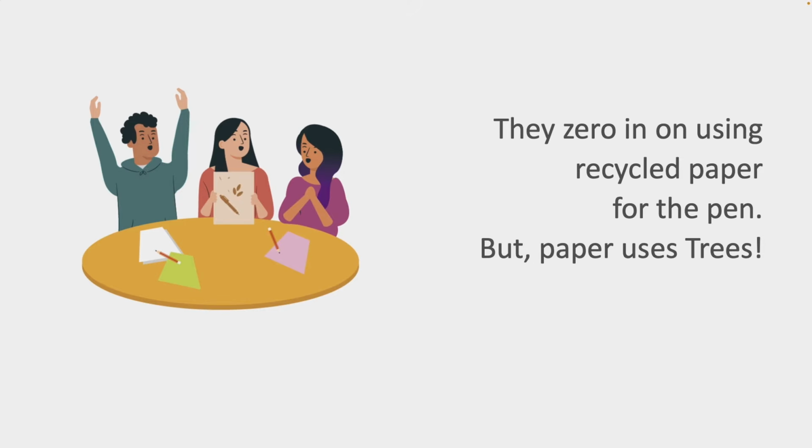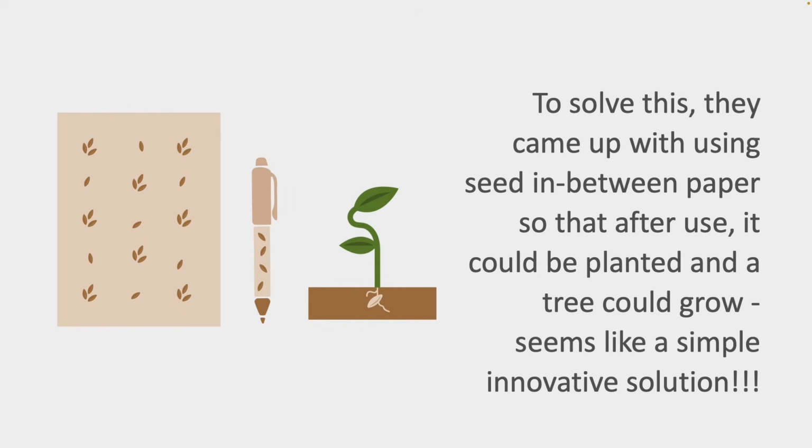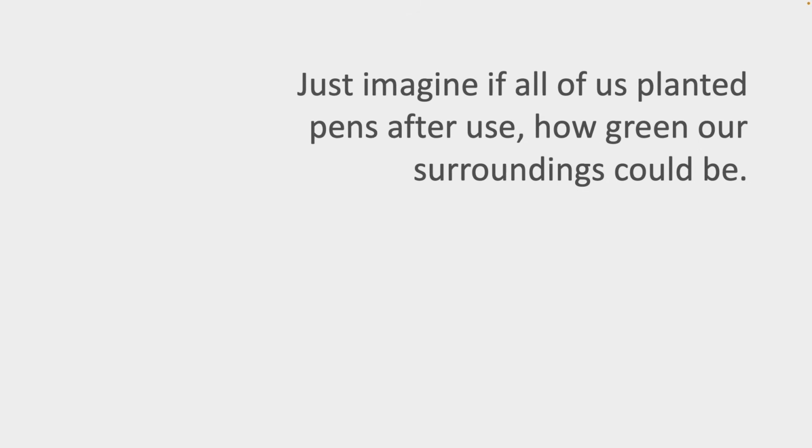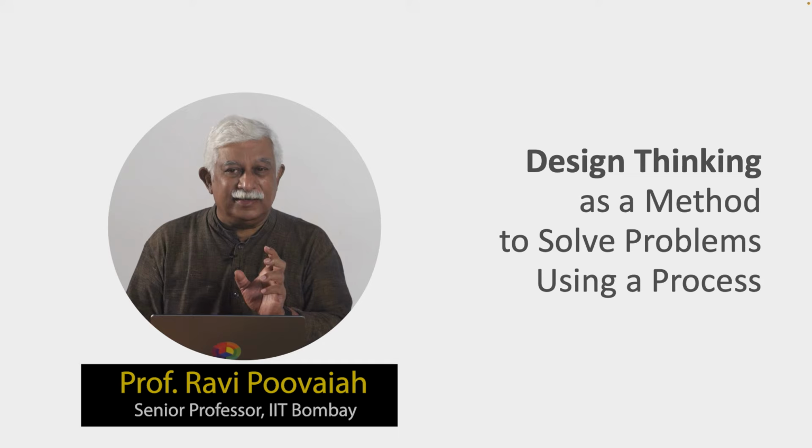But then they realize at the root of it, paper also uses trees. So they come to a very innovative solution. They think of using seed in between the paper so that after use it could be planted and a tree could grow. This looks like a very simple and innovative solution. Just imagine if all of us planted pens after use, how green our surroundings could be. So this is a very simple way in which design thinking is used as a method to solve problems,